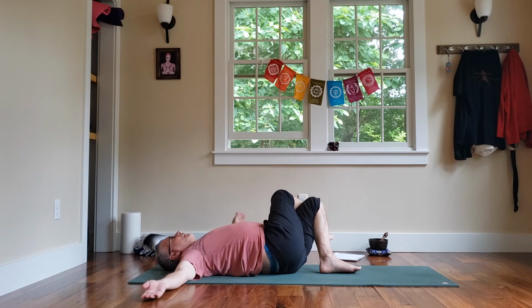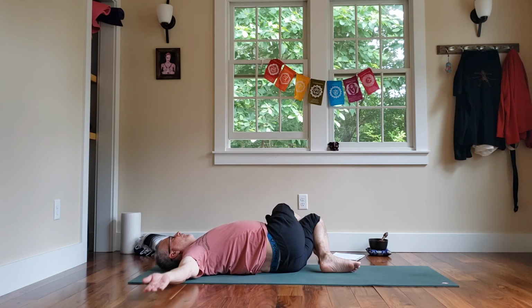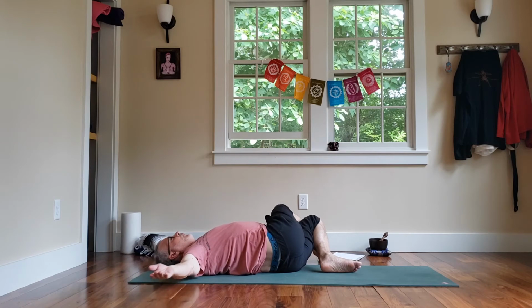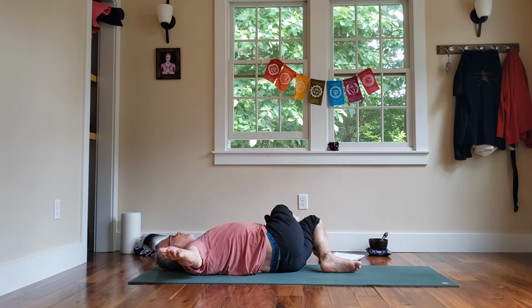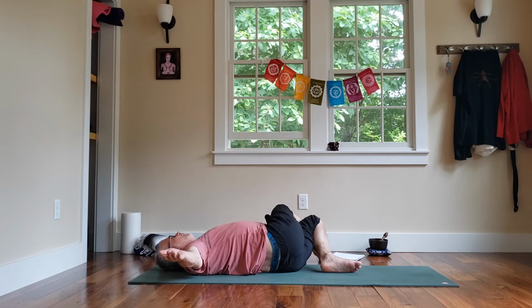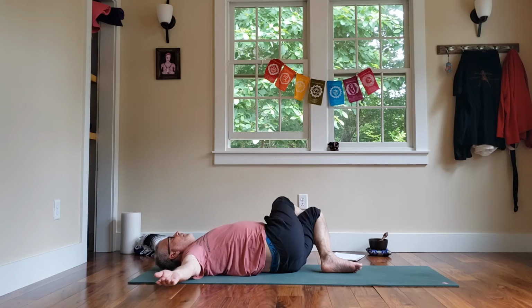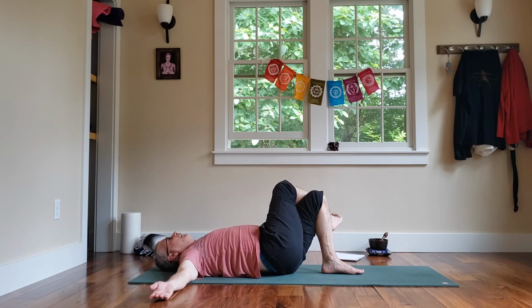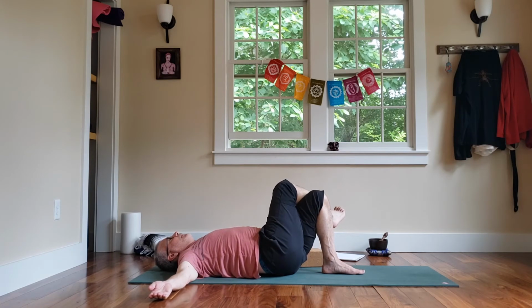Now, as you roll over to the left, if you start to feel like the left shoulder blade and the right shoulder blade and the right arm are coming off the mat like this, you've rotated too far. And you've sort of given up on the twist. So if you do notice that, you can slide a block or a book or a blanket under the